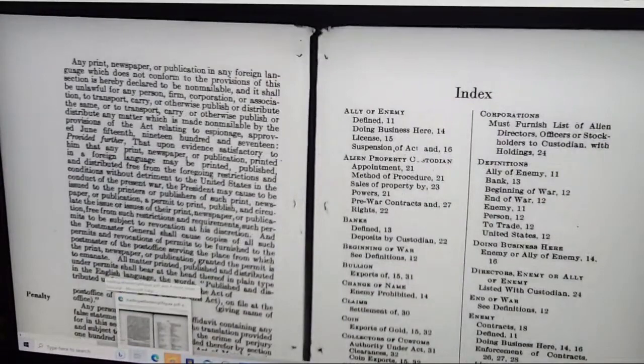Any print, newspaper, or publication in any foreign language which does not conform to the provisions of this section is hereby declared to be non-mailable, and it shall be unlawful for any person, firm, corporation, or association to transport, carry, or otherwise publish or distribute the same, or to transport, carry, or otherwise publish or distribute any matter which is made non-mailable by the provisions of the Act relating to espionage, approved June 15, 1917, provided further that upon evidence satisfactory to him that any print, newspaper, or publication printed in a foreign language may be printed, published, and distributed free from the foregoing restrictions and conditions without detriment to the United States in the conduct of the present war,